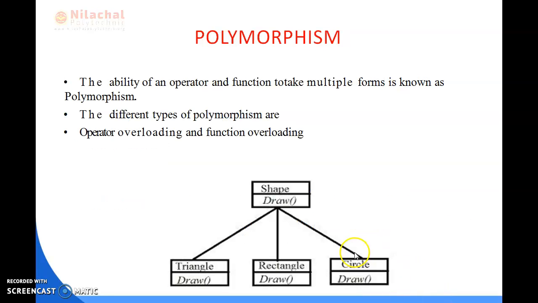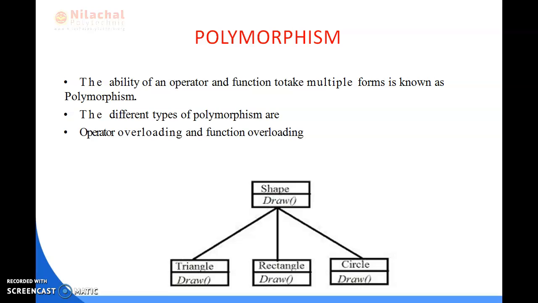Now we are going to discuss polymorphism. What is polymorphism? Polymorphism is the ability of an operator or function to take multiple forms. There are different types of polymorphism which we discussed previously, that is operator overloading and function overloading. Polymorphism has two types, compile time polymorphism and runtime polymorphism.